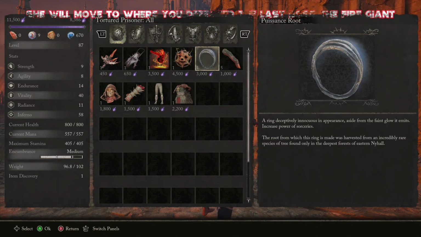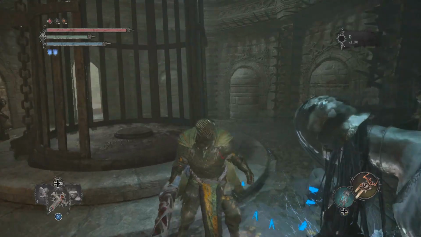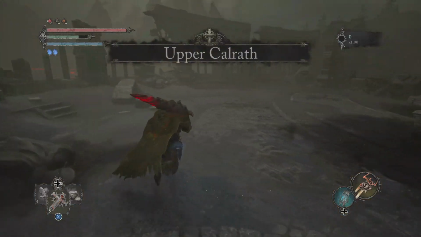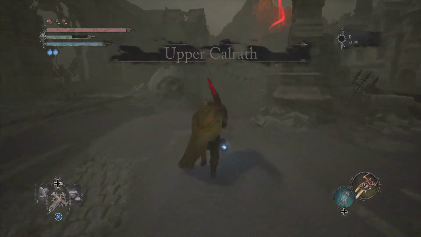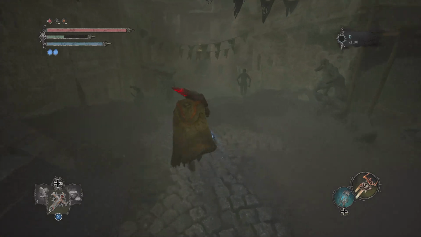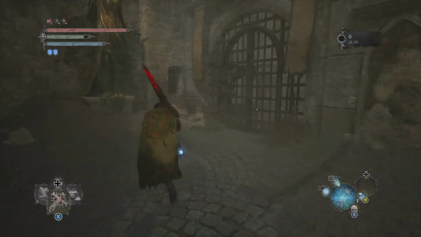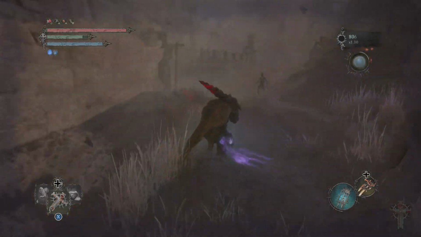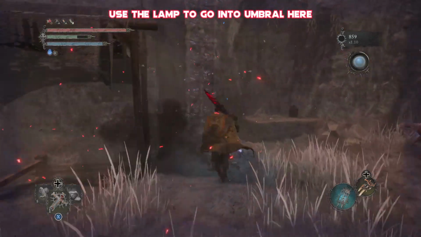Now at this point she's going to move on and go to where you just fought the Fire Giant, so if you need to speak to her you can always go there. But for the next part of the quest chain you're going to need to go to Upper Calroth, and then make your way just down here. There will be an Umbral entity blocking you however, so you're going to want to travel into Umbral, make your way round, jump up this ladder just here,